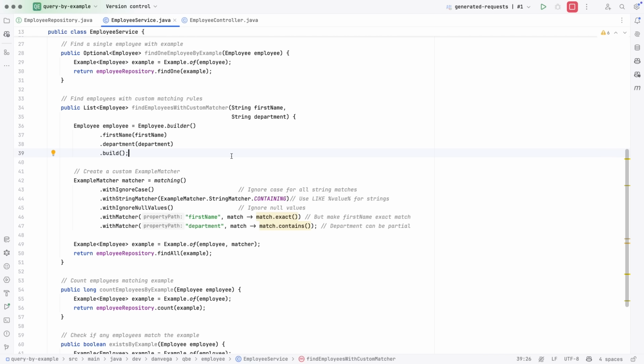Then we're using a string matcher. So we want to do something like containing, which is like a LIKE in a SQL query. So we're saying, hey, find me something that's like this. Ignore null values. The first name needs to match exactly. The department needs to contain it. So if we were to do something like that, we can easily find somebody like